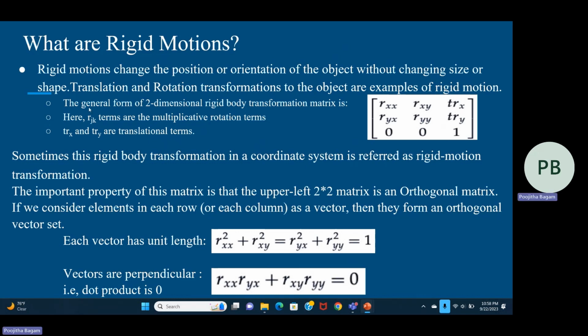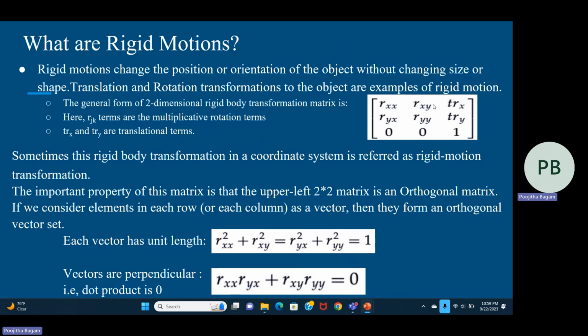Here, the Rjk terms are the multiplicative rotation terms, which are Rxx, Rxy, Ryx, Ryy. And trx and try are translational terms. Sometimes this rigid body transformation in a coordinate system is referred to as rigid motion transformation. The important property of this matrix is that the upper left 2 by 2 matrix is an orthogonal matrix, which is